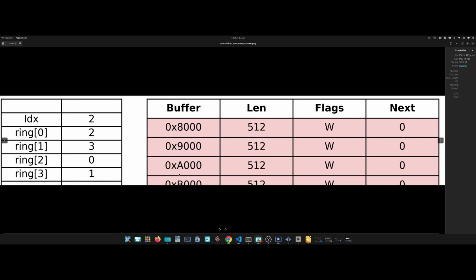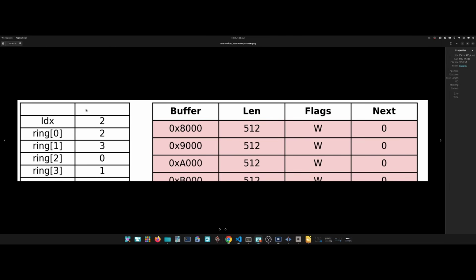But you still might ask, what do these numbers in ring mean? These hold the location of our descriptor within the descriptor array. Not the memory address of the descriptor in the descriptor array, merely the numerical location of the descriptor in the descriptor table. So since ring 2 is at 0, what this means is that if say IDX is 2, and